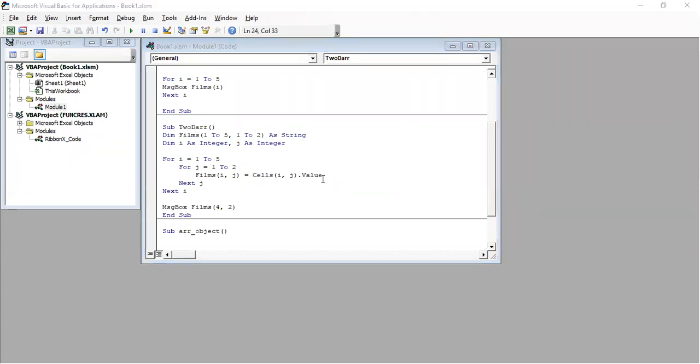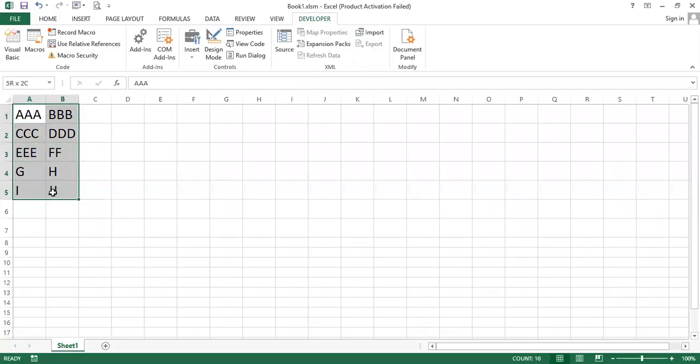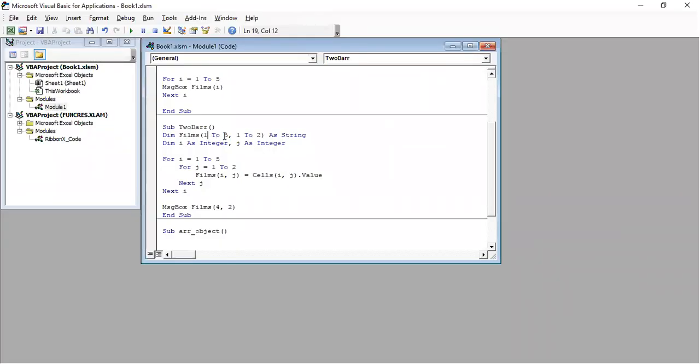That means from our Excel sheet, we are reading values and putting them into the array. Our array is of size 5 rows, 2 columns.